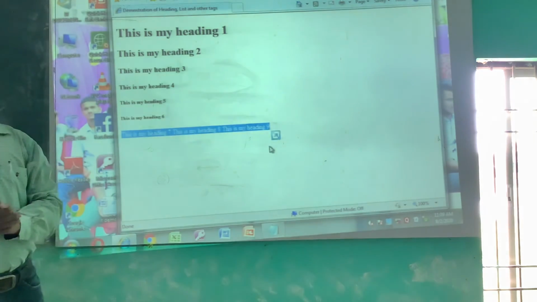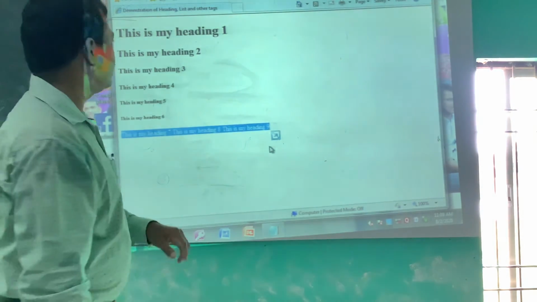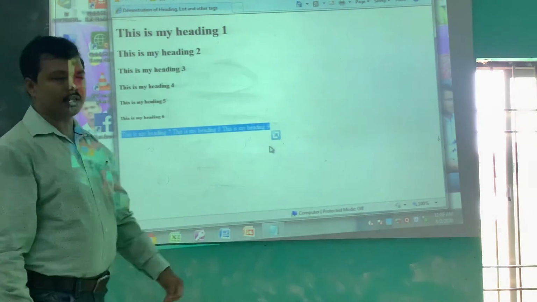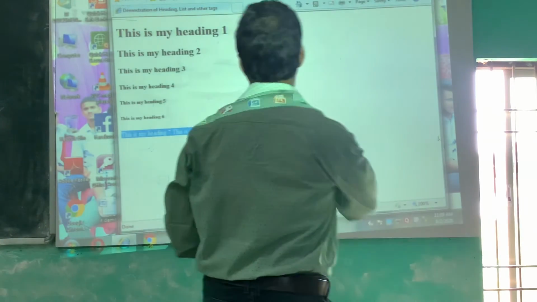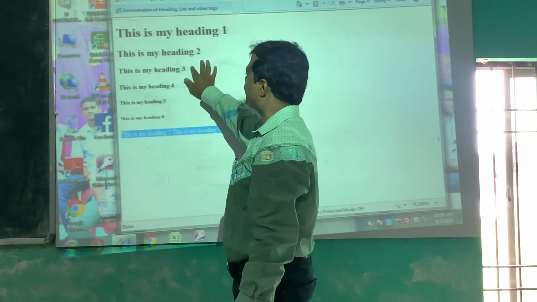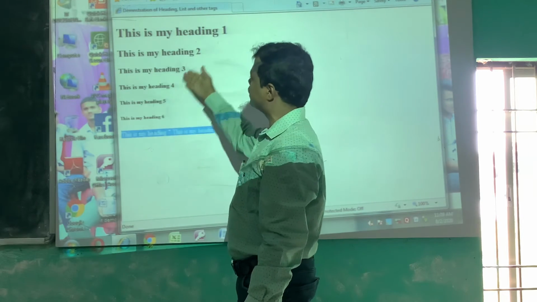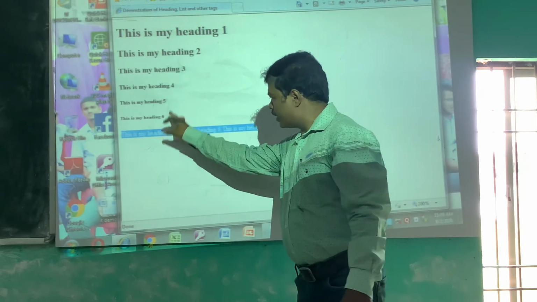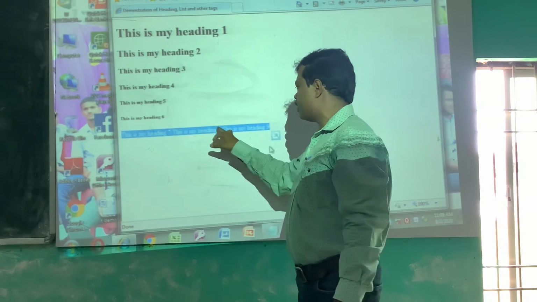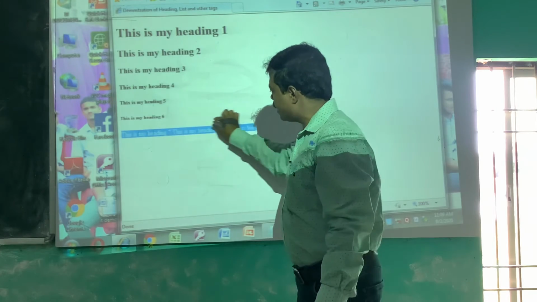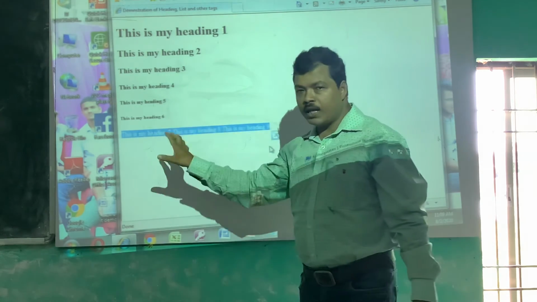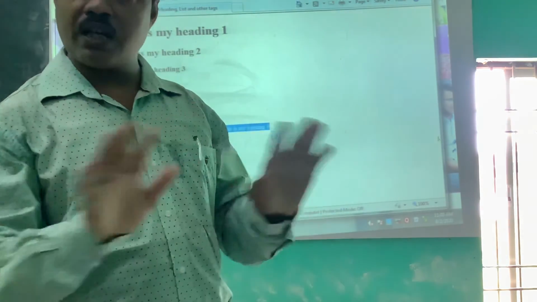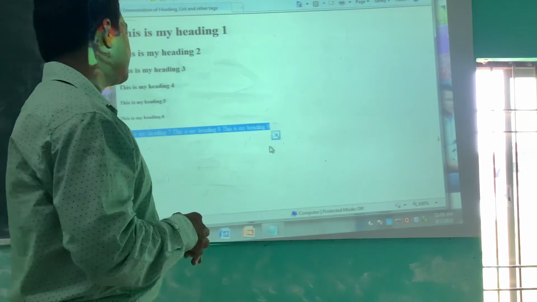Each heading, when it gives you the output, creates a blank line before and a blank line after the heading. And there is no need to use the break tag to see the headings in different lines. But as there is no heading 7 or heading 8 in HTML, these are simply considered as plain body text and not as headings.